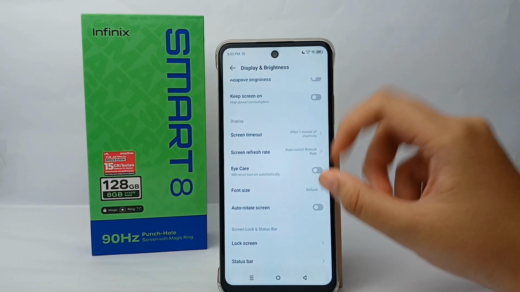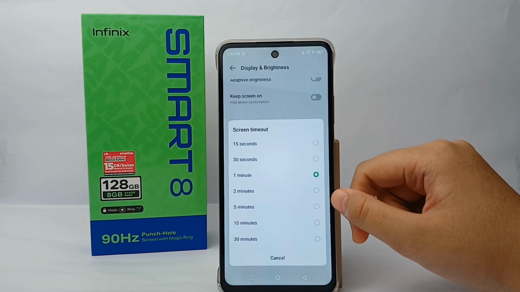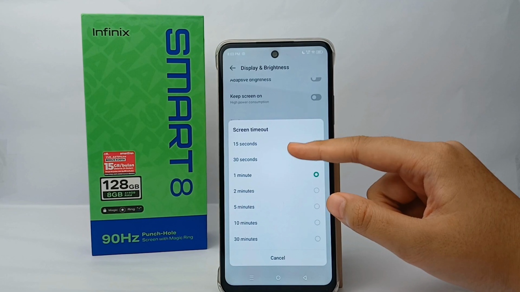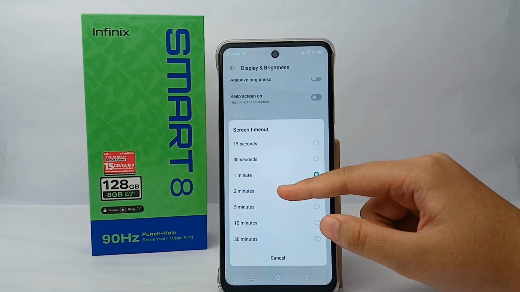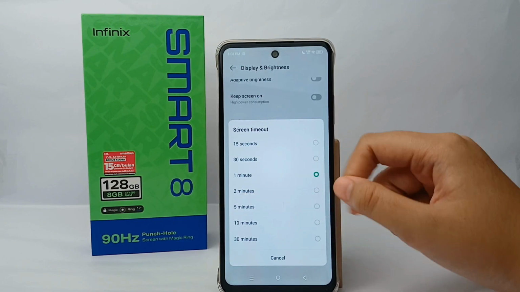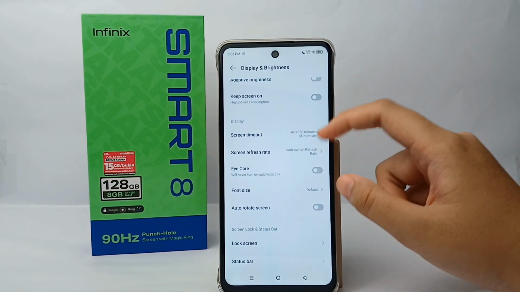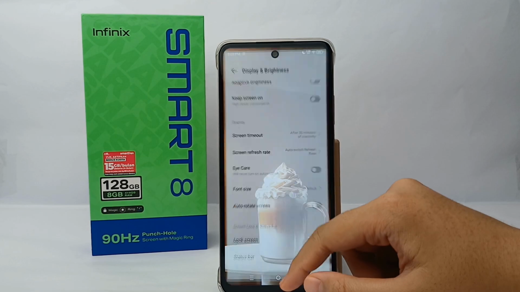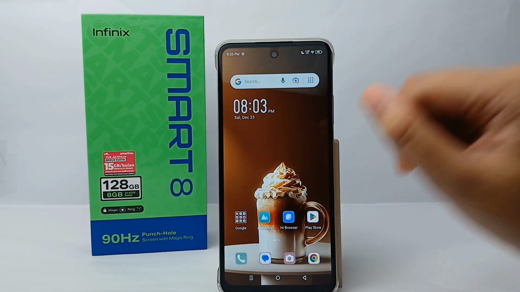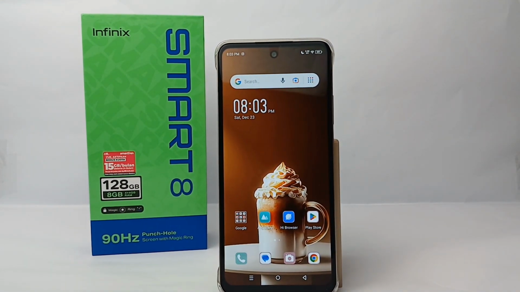and this is the first setting, it is just 1 minute guys, so you can choose whether 15 seconds, 30 seconds, 1 minute, 2 minutes, or 30 minutes, and I choose 30 minutes, so the screen will not turn off after 30 minutes of inactivity. Alright guys, so here's the tutorial on how to set screen timeout on Infinix Smart 8,